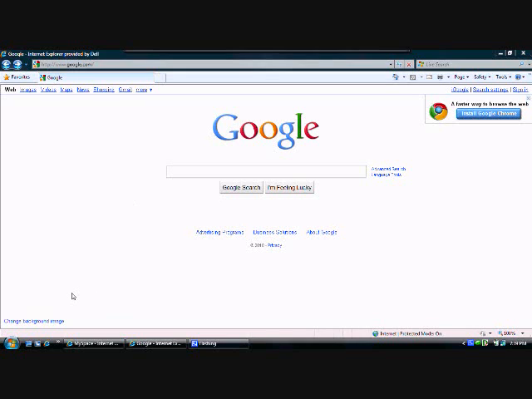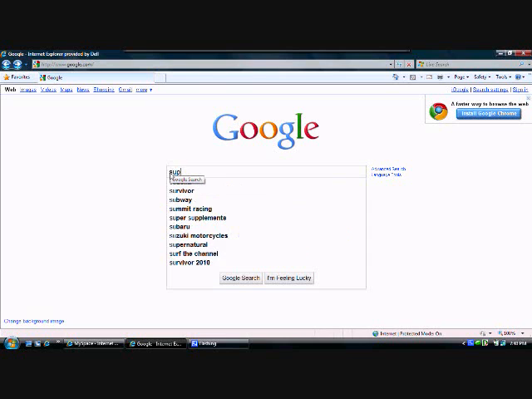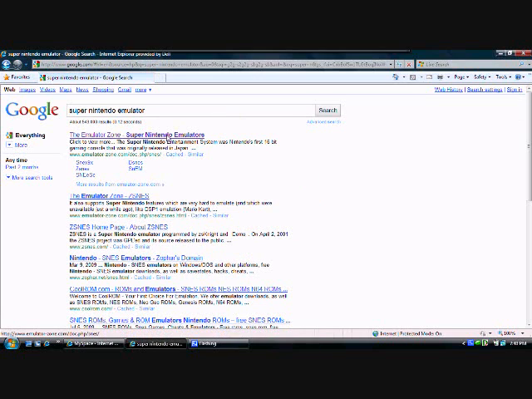Okay, so in this tutorial, I will show you how to download, install, and run the Super Nintendo emulator for Windows Vista and any Windows operating system, I'm sure. Anyway, go to Google and Google Super Nintendo emulator. It'll pop up like that. Then you're gonna click on the first one, the emulator zone,